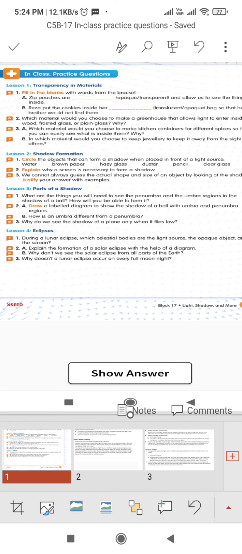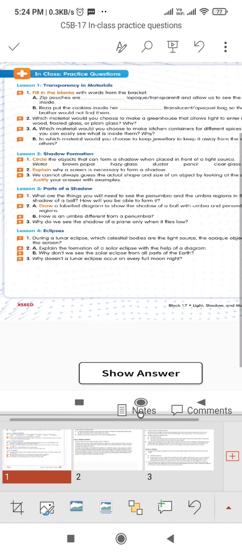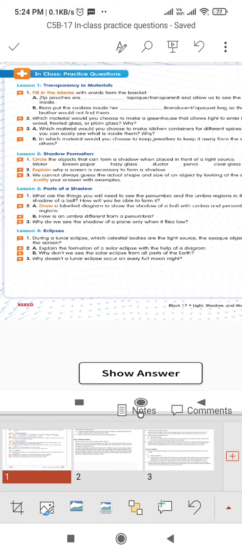Third, we cannot always guess the actual shape and size of an object by looking at its shadow. Justify with an example. Yes, the shape of a shadow can be different if light falls at different angles. So by looking at the shadow, we may not always understand the actual shape and size of the object. For example, the shadow of our hand may look like an animal or a bird. The size of a shadow changes as the distance between the light source and the object changes, so we can get different